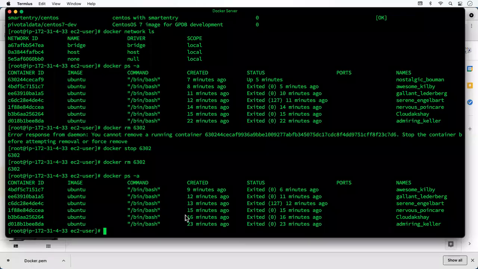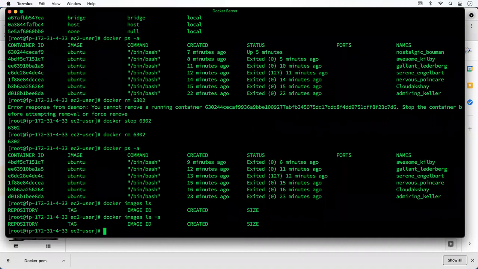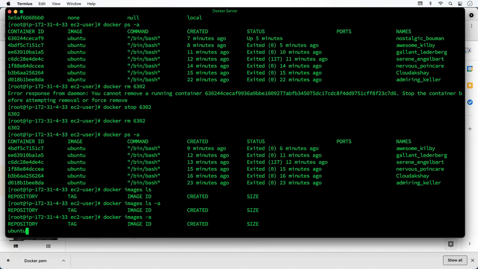And next, let's check the Docker images which we have stored locally. Docker images ls, and ls hyphen a.